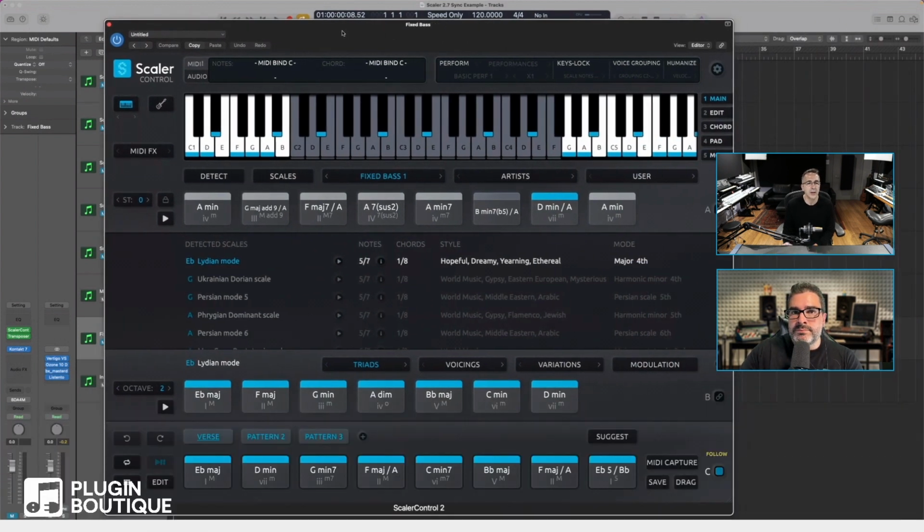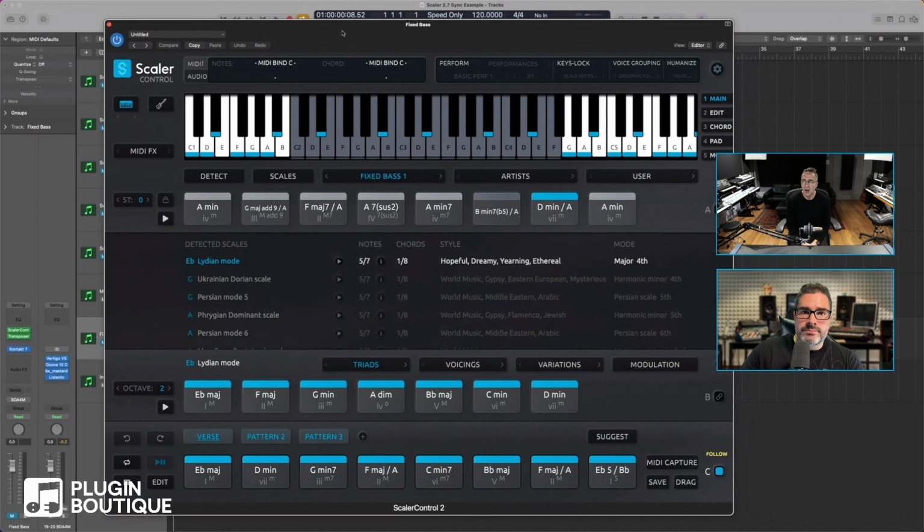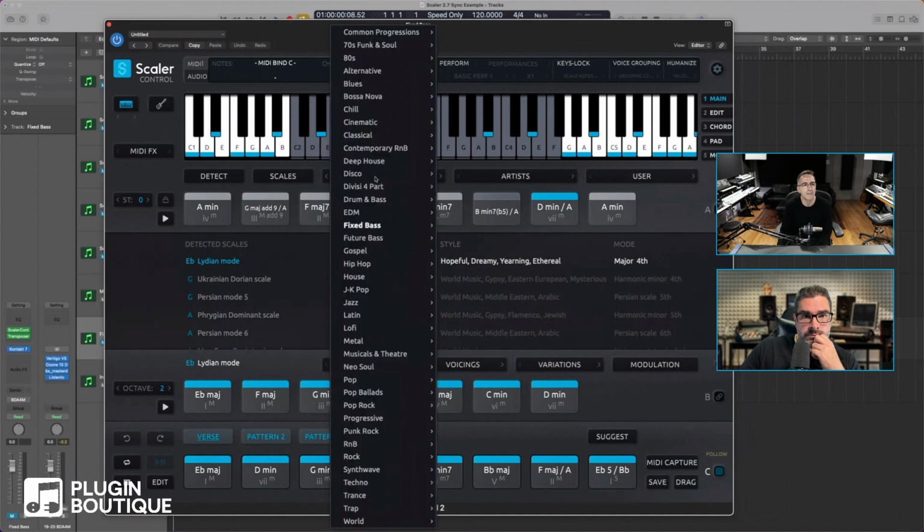When designing content for Scalar 2.7, I always find several styles of music that we might try and imitate. Let's pull Coldplay for a good or bad example. They tend to have a style where the bass just stays on the one note and they move chords around. I wanted us to have a bunch of chord sets that mimic that, because our chords generally move around. So we've come up with this fixed bass